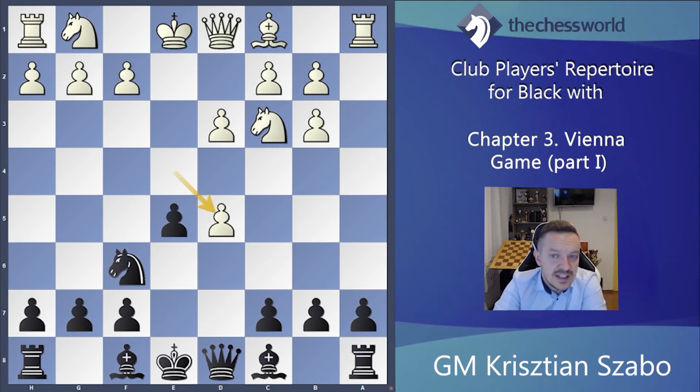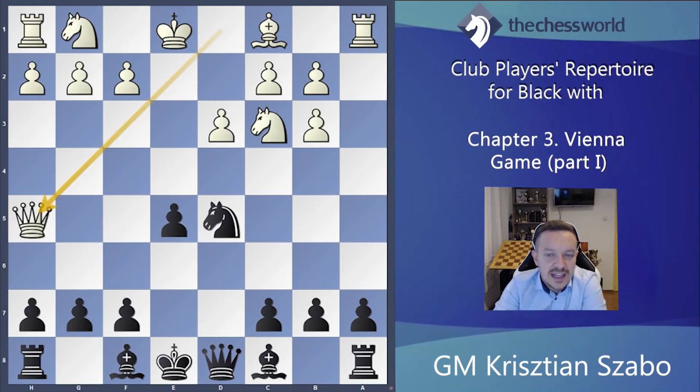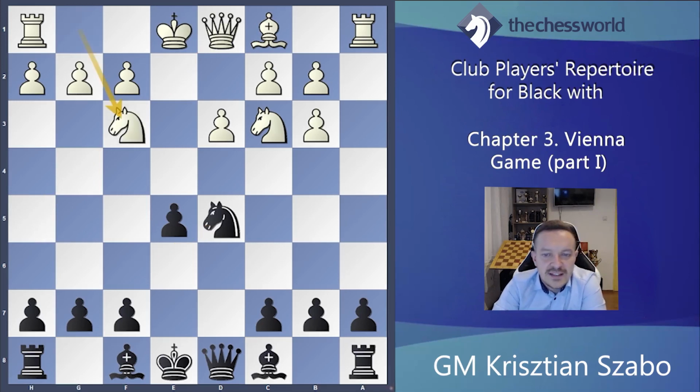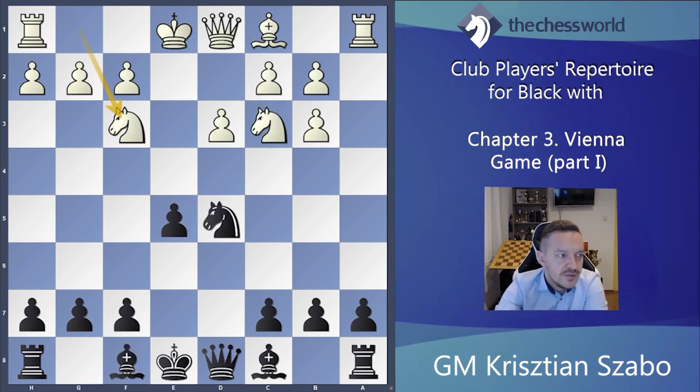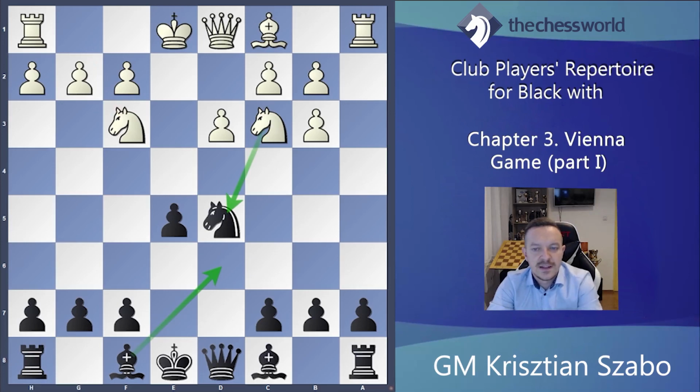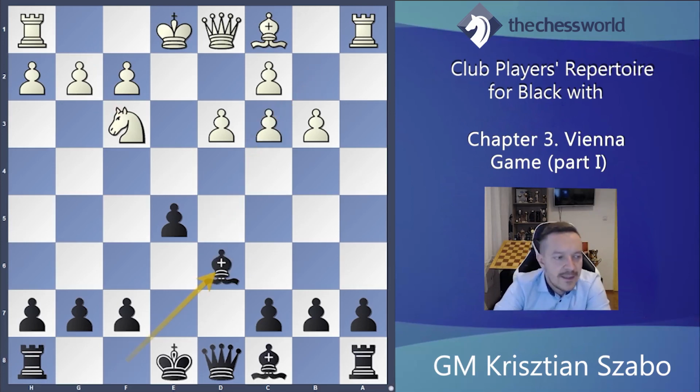Let's see, for example, if knight takes d5, then his main idea is queen h5, and he would like to create some attack against the e5 pawn. Let's see, for example, knight f3. Knight f3 is also a completely acceptable move. Knight takes c3, then b takes, and bishop d6. This is the reason why black should exchange on c3, because otherwise the bishop d6 wouldn't be working immediately, because the knight d5 would be hanging after that. So knight takes c3, b takes, bishop d6, castles,